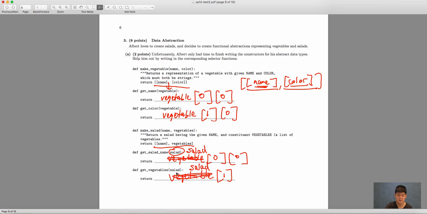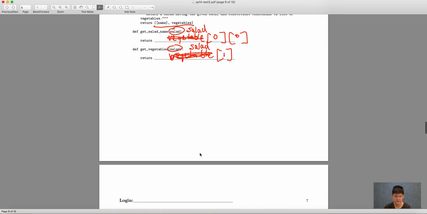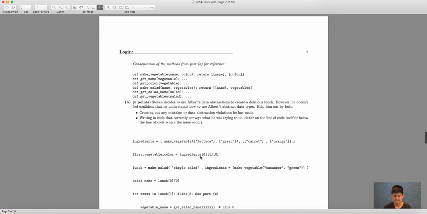Because that's what we're passing in here. It doesn't know what a vegetable is, which makes sense because we're trying to make a salad anyways. Okay, that's that question. All right,